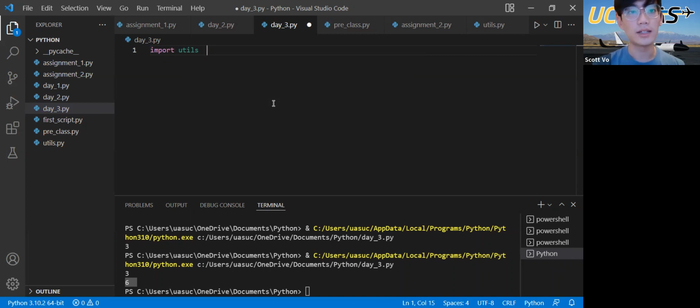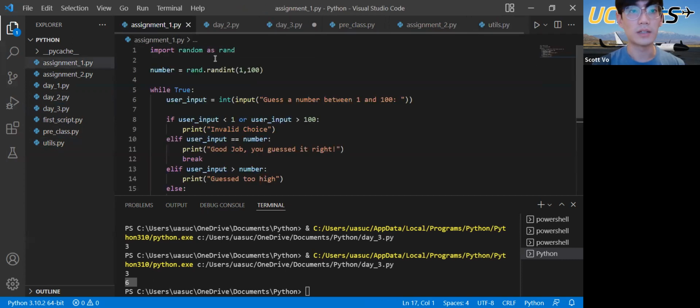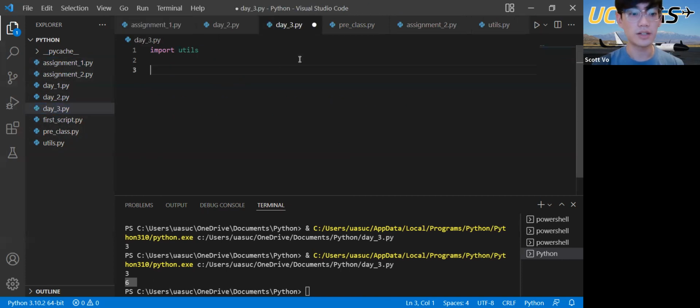And here you could do the exact same thing with random. You could do "as"; I've seen some people do U or capital U, it's all up to you. But right now, I think I'm okay with typing utils over and over. And from here, what utils does is it takes in a list and prints out the list in a certain format. So let's have our list, x equals 1, 2, or actually, let's do